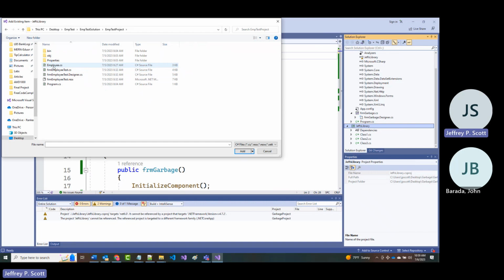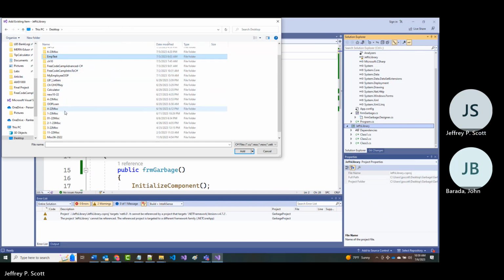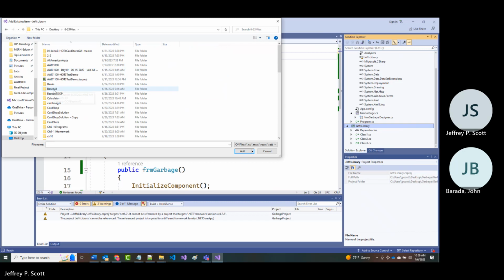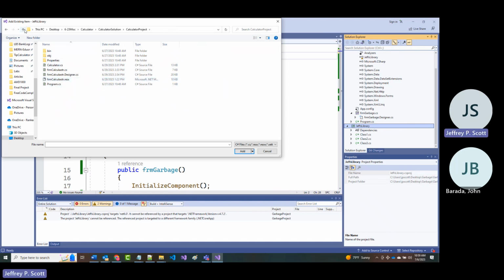I could bring an employee if I wanted to do that. Let me see if I can grab something else. Boy, oh boy, Jeff, try to find something when you need it.